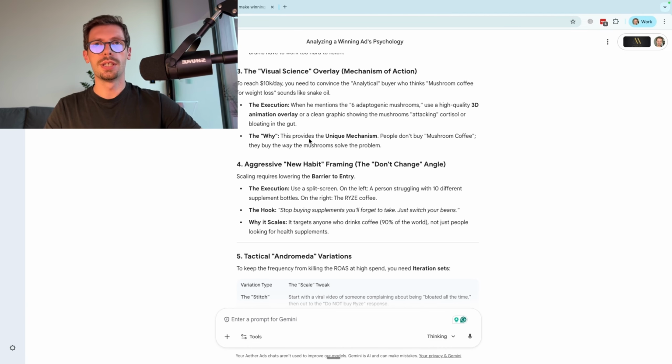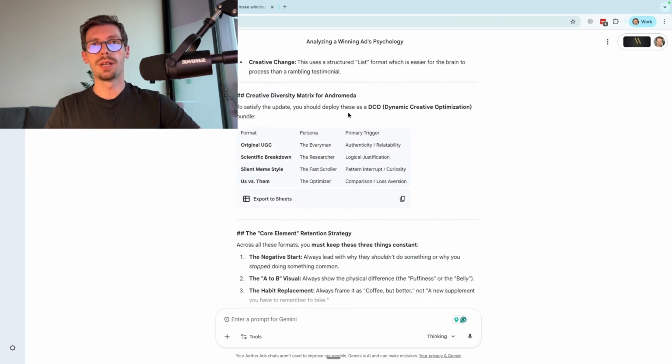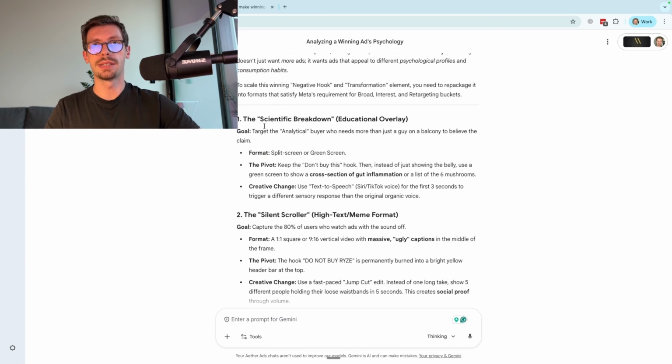Well, this is a good idea, but I would improve the execution. Overall, I definitely agree with the first sentence here. But then the way I would back it up is not by just some animation. We can have that animation as well, but actually diving deeper into the mechanism and explaining it in more detail. This could be combined well with this more AI scientific breakdown ad.